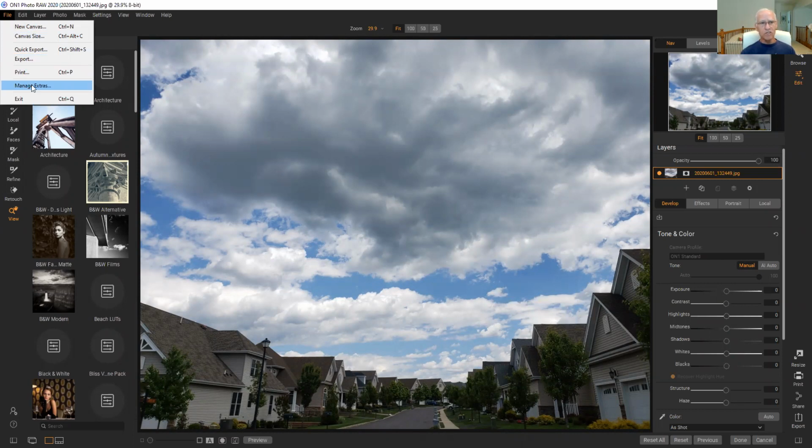Those extras are either your own extras, your skies, your textures, whatever, or the extras that have been added to ON1 as bonus offerings by ON1 that usually come monthly in an email. So if I click on Manage Extras,